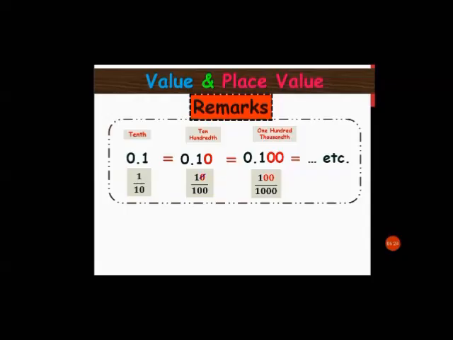Now, can I cancel the 0 here with the 0 here? So what's left? It's left 1 over 10. It's the same as the first fraction. And here, can I cancel the 2 zeros with the 2 zeros? So what's left here? Also the same, 1 over 10. So this proves for us that whatever zeros I have to the right, this will never affect the value